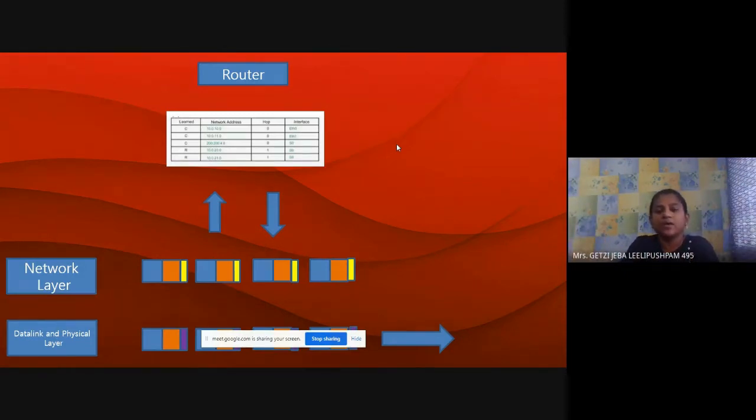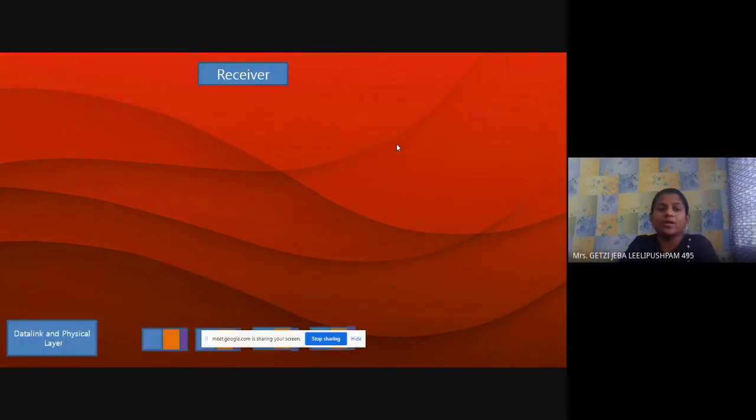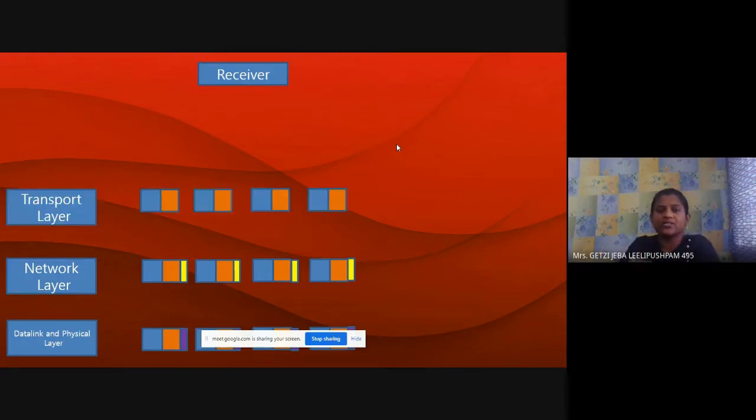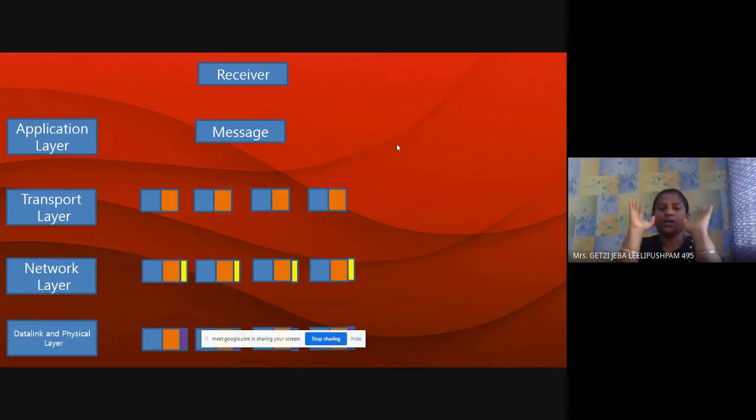Now coming here to the receiver, what will happen? The data link layer is done. Then the network layer is done. Decapsulation takes place. Then the transport layer unwraps the packet, frames the message and gives it to the application layer protocol. The transport layer rearranges all the packets and gives them to the application layer. So this is the primary function of a transport layer. I hope I have been clear in explaining the primary function of a transport layer and what is meant by the logical connection. Actually it's not a physical connection but a logical connection.